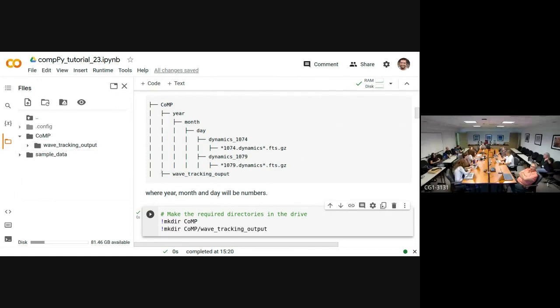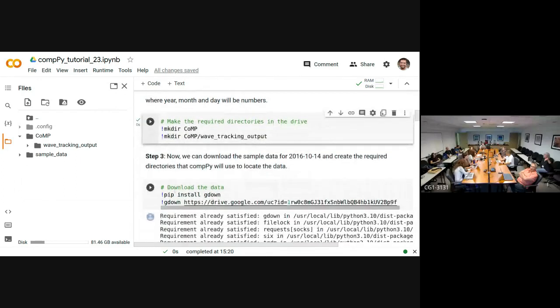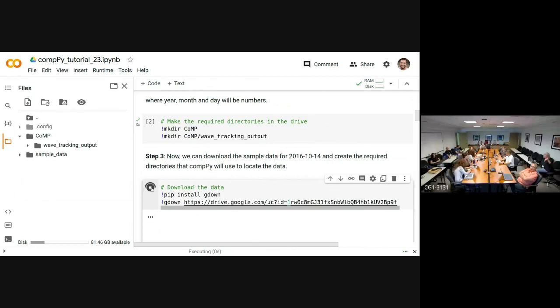Yeah. So now we do have the folders, then we can actually start downloading the data. In here, we have the sample data, which is in the drive, but you can also put any of the data from CoMP or the UCoMP data from the website, simply download it, and put it into the folder. So here we are going to start downloading the data. If you click on the download,